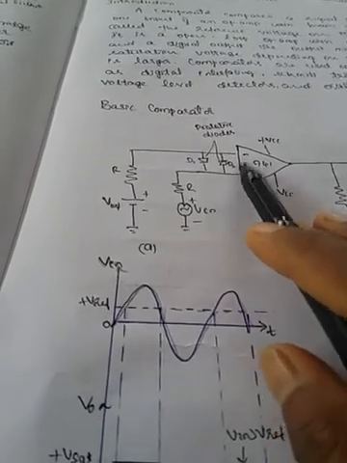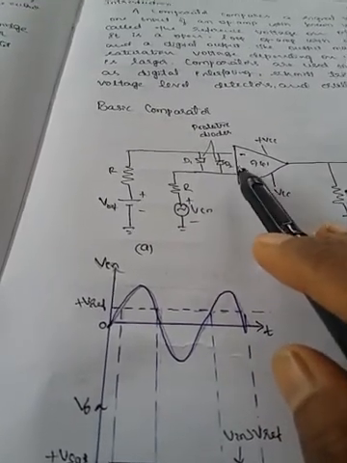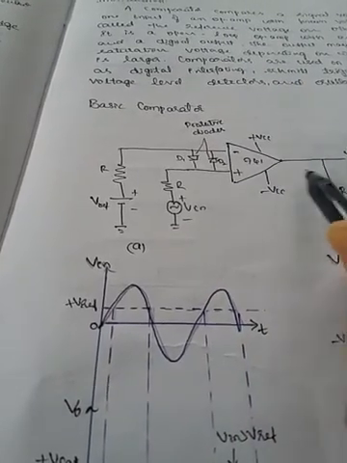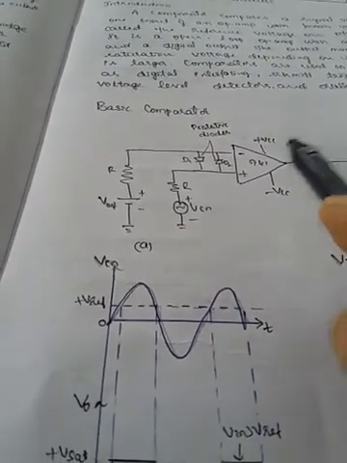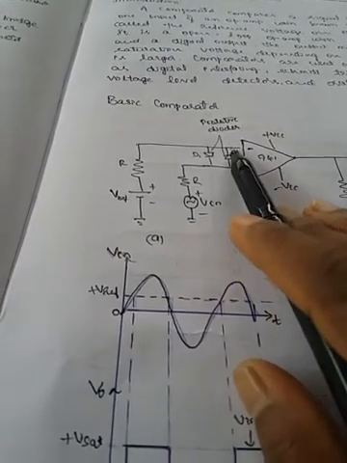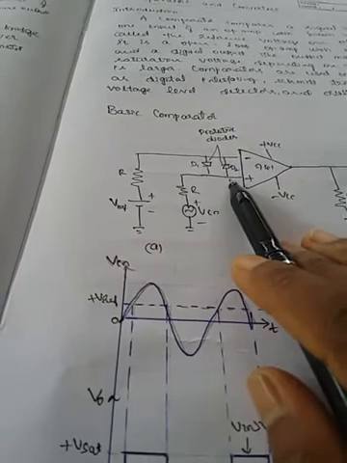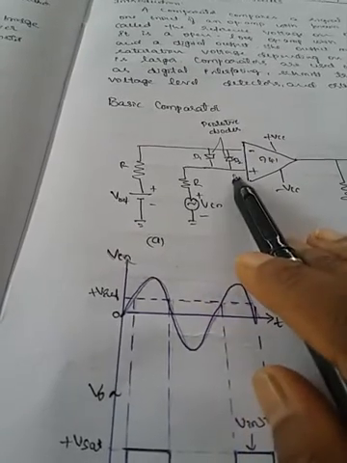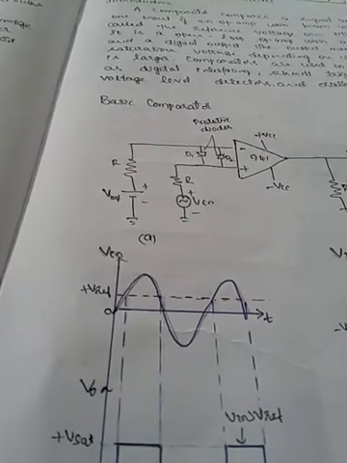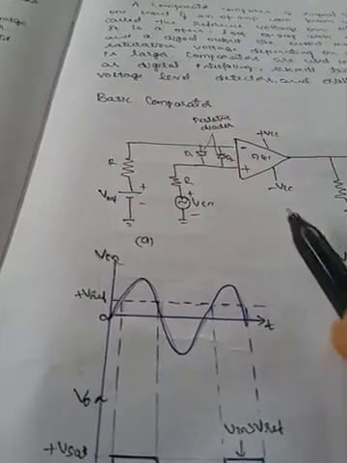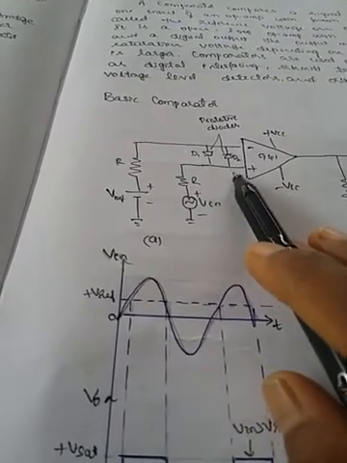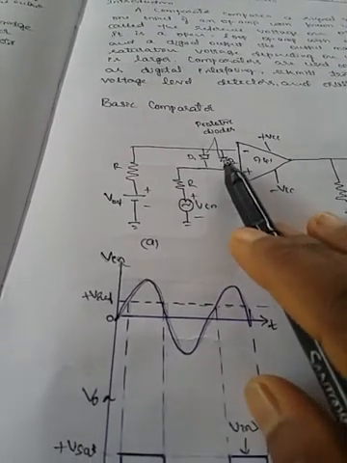The difference of these two input voltages will be clamped to 0.7 volt, so the output voltage will be limited. Otherwise, if the diodes are not there, the difference voltage may go to a higher value whenever the input voltage goes higher, then the output voltage goes beyond the maximum specified limit and the device may be damaged. That is why these two protection diodes are used. So these are optional diodes.